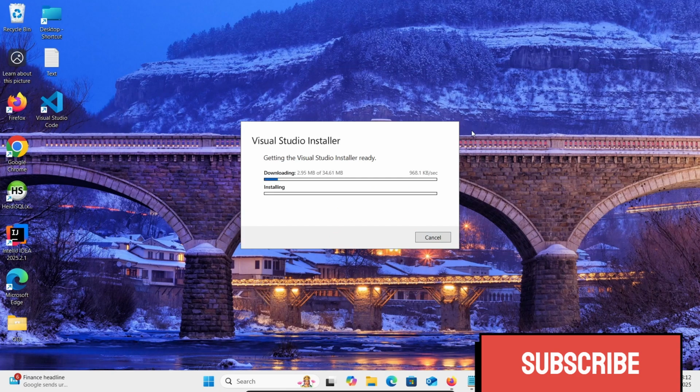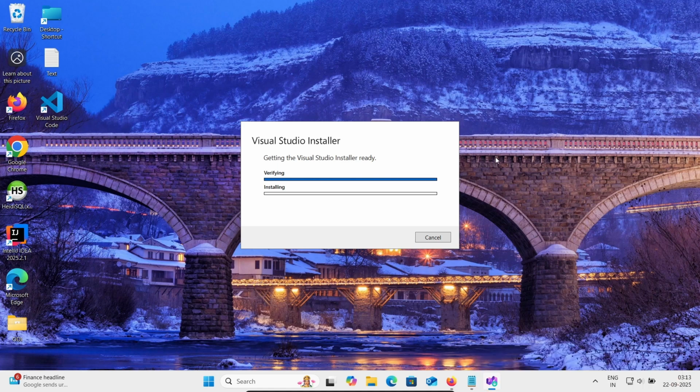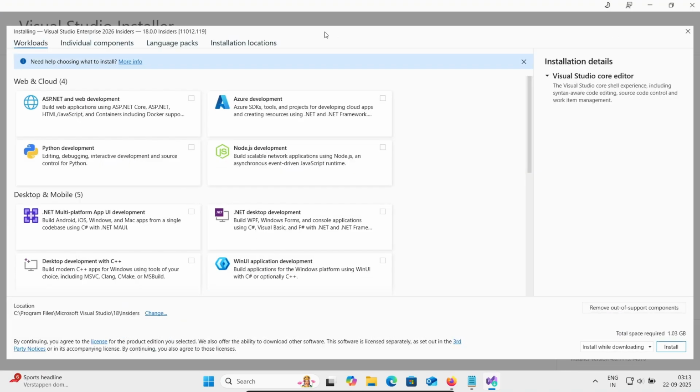Here the Visual Studio Installer is downloading the files at this speed, and thereafter installing. So it's downloaded, and now it's installing the Visual Studio Installer. See this new page, Visual Studio Enterprise 2026. So you can get all of this,